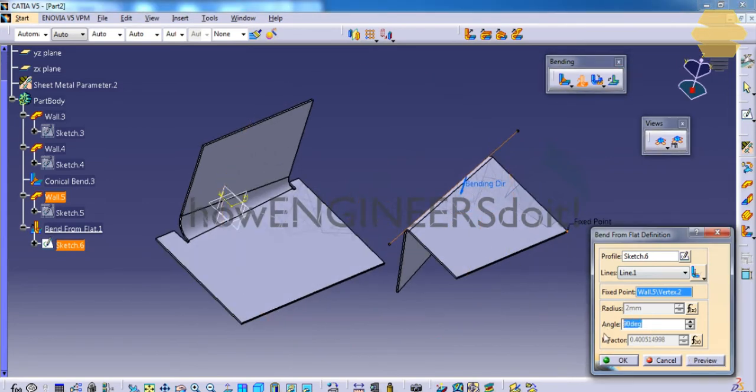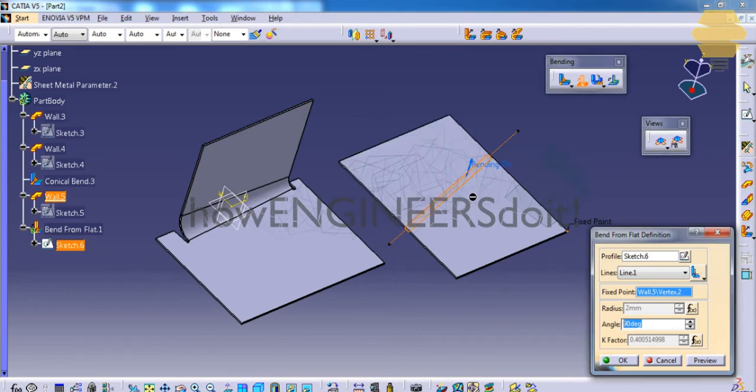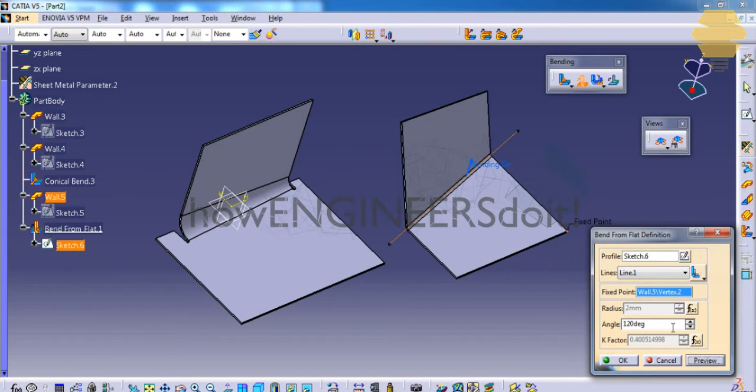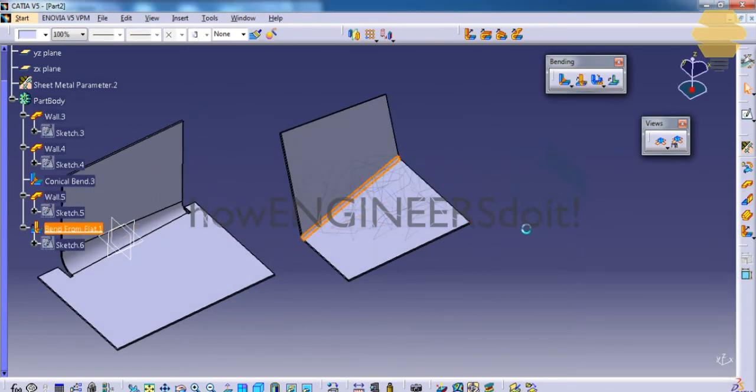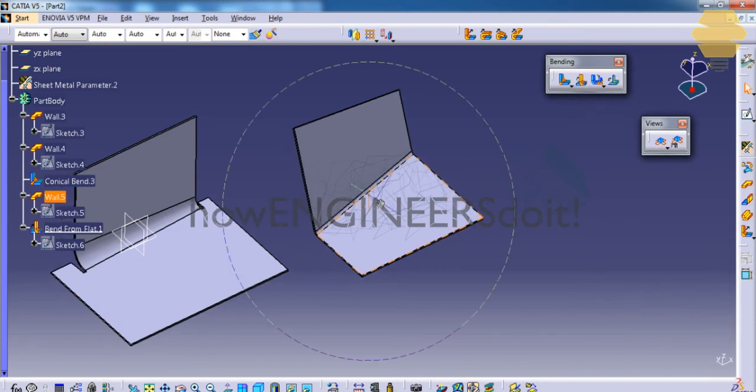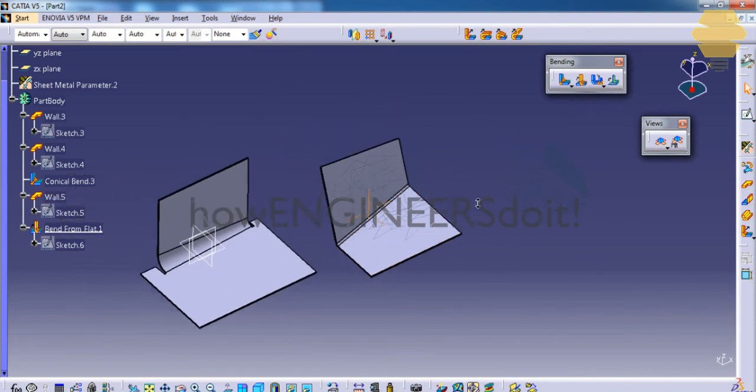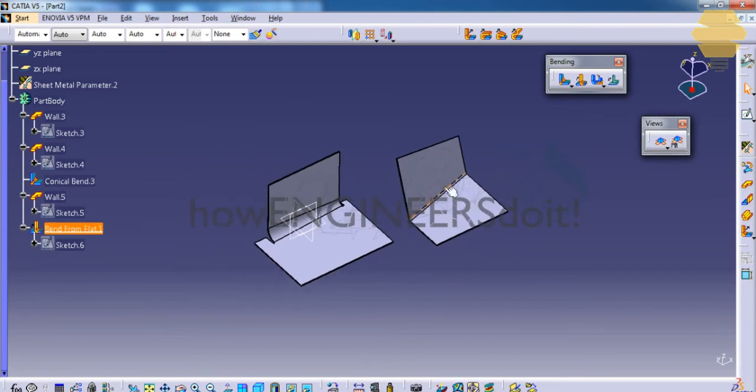So you have an option to even change the angle value to maybe 120 degrees. As you can see, this is how you can use the bend from flat option. Now let's try one more option. So for explaining that,